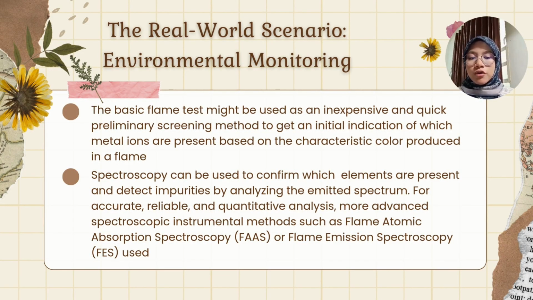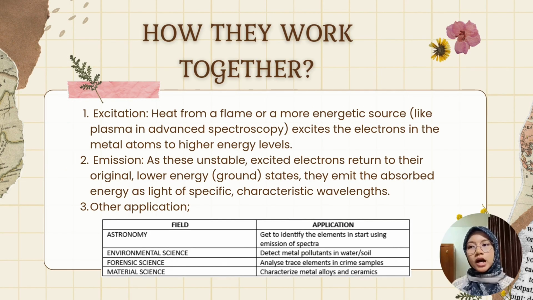Spectroscopy can be used to confirm which elements are present and detect impurities by analyzing the emitted spectrum for accurate, reliable, and quantitative analysis. More advanced spectroscopic instrumental methods such as flame atomic absorption spectroscopy or flame emission spectroscopy are used. Have you ever wondered how they work together? Heat from a flame or a more energetic source